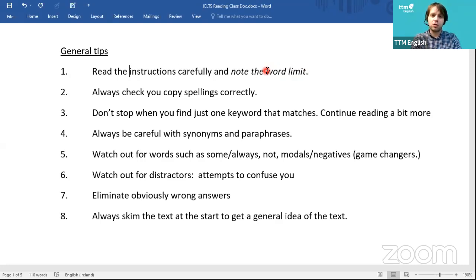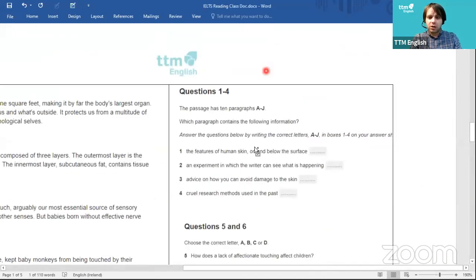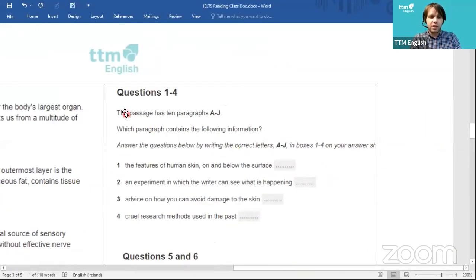Okay, so very important just to note that. Obviously, read the instructions at the start. Yeah, so people get stressed in the exam and they don't read this carefully enough, and they don't note down the word limit. Okay,